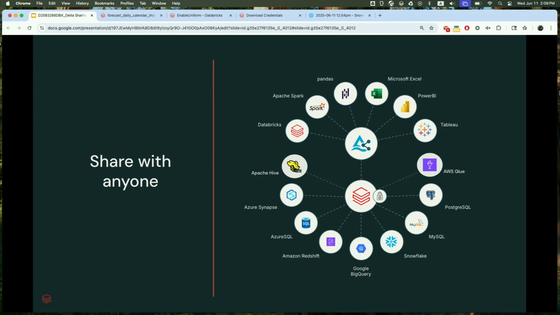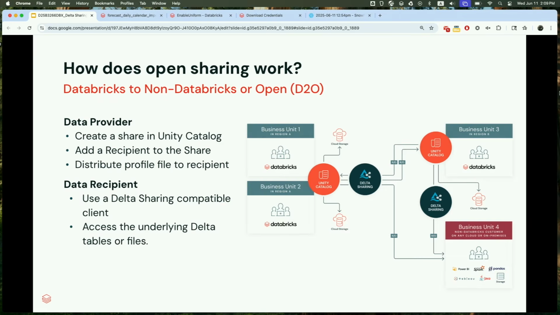Awesome. Thank you, Mingxi. We've been doubling down on our open sharing value proposition by making open sharing even more secure and working on Iceberg interoperability. But before I dive into the specific features that we've launched, let me provide a quick refresher on how open sharing works today. So if you're a data provider on Databricks sharing with an open recipient outside Databricks, there is